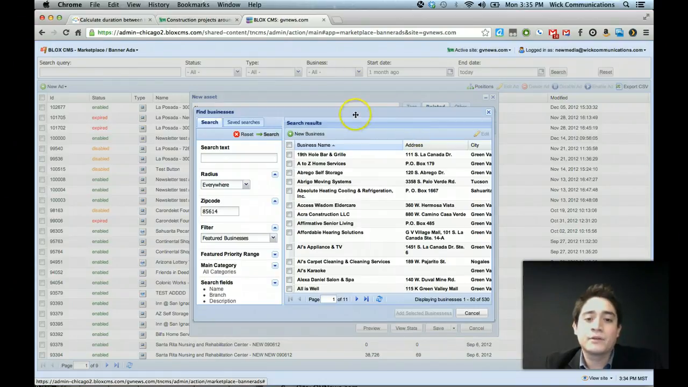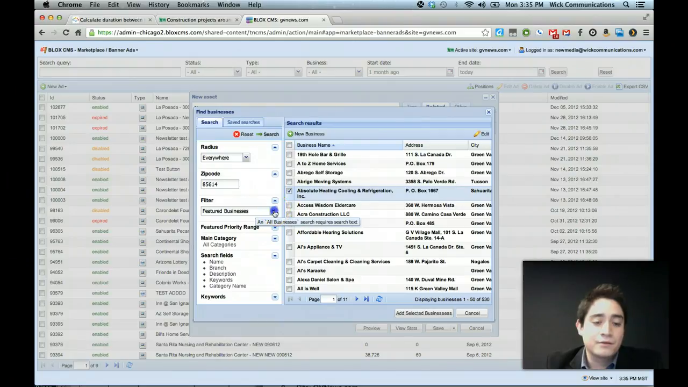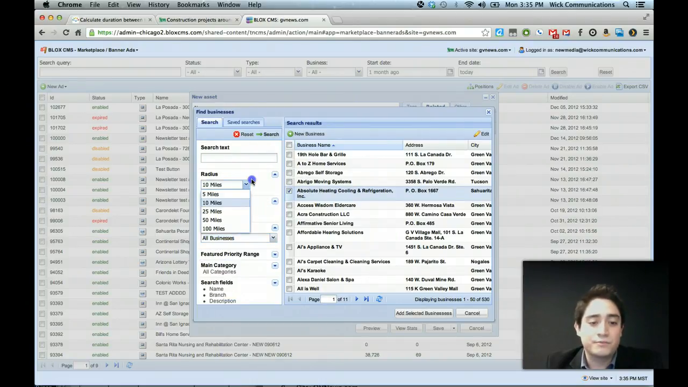You get a pop-up. You can search a business, and if the business does not appear under your featured businesses list, then you can change the filter by selecting the drop down and then selecting all businesses. You can change your radius, your zip code. So if I want to find, let's say, the casino, or let's just say a casino, and I hit search,